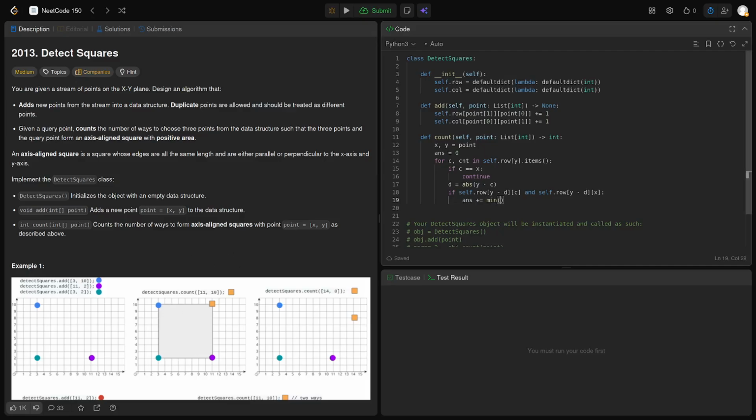So ans is min of count self row y minus d c, self row y minus d x,